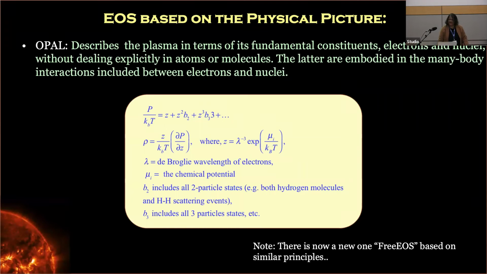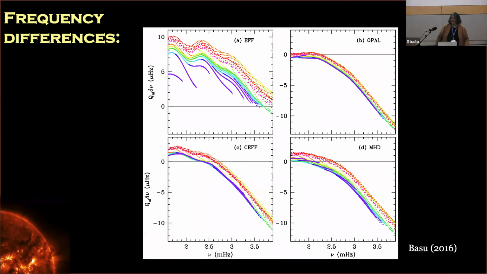So if I make stellar models with the 4 different equations of state, standard solar models, and compare the frequencies with the sun, this is what I get. Okay, now you can see EFF. You don't have to do an inversion to show, yeah, it doesn't work. The rest, maybe, may not be. And that's why we really need inversions, okay? Now, before I go into this, let me go to OPAL and MHD, not at the surface, but in the